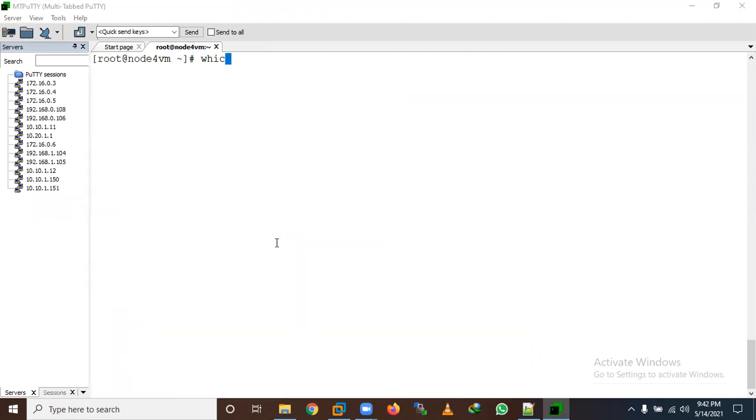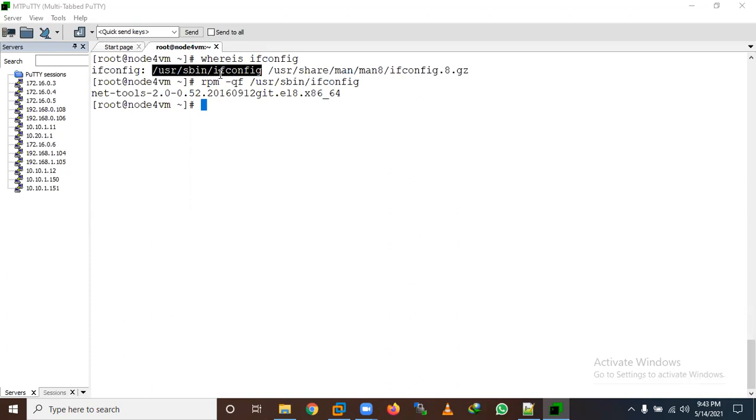First, how can you check which package this command belongs to? We can use the which command or whereis, and I'm using ifconfig. Let me check with rpm -qf, which means file query. This command belongs to net-tools. Sometimes, if you go with a minimal installation, it's not installed by default.